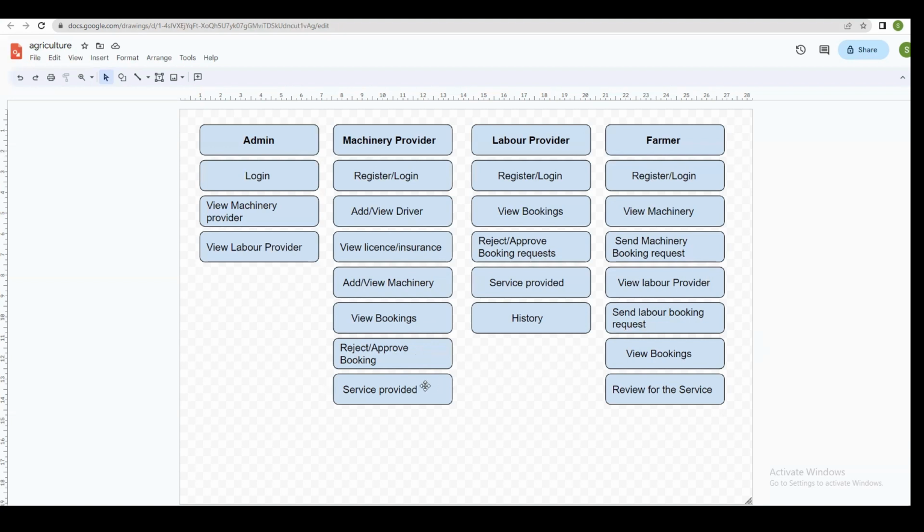So the status will be changed to machinery service provided. Like that, the service will be provided by the machinery provider to the farmer. After machinery